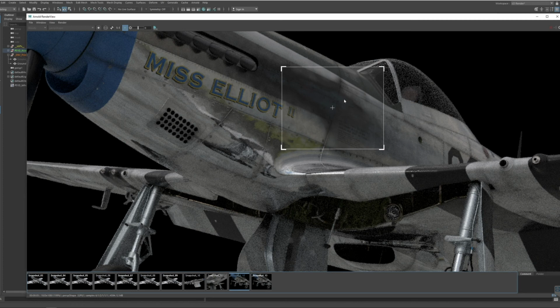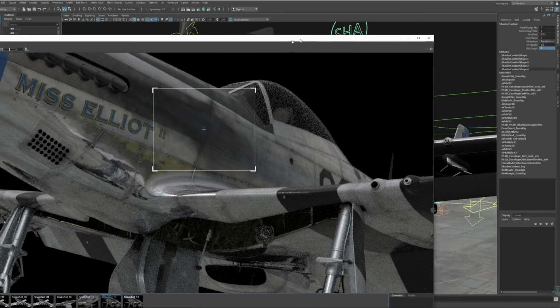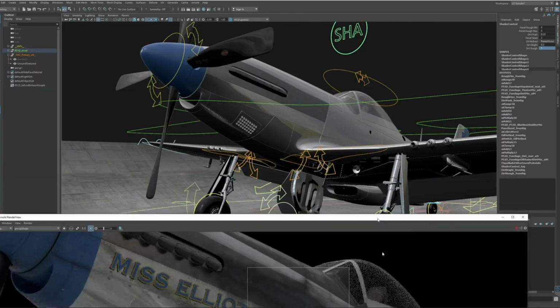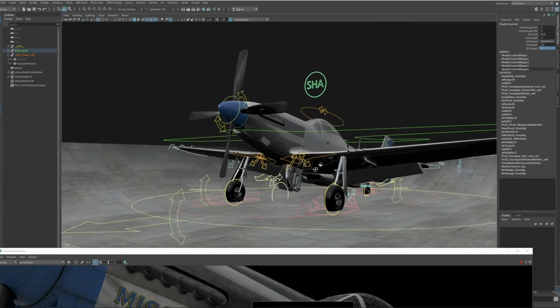So this dirt material now has basically no specular at all, because a roughness value of 1 didn't have any specular. It now has no roughness, so it's pretty shiny, so you can see some highlights here. And if I put that to 1 again, it's pretty much a completely diffused material. And that's kind of like the thing that I can control now. So if I move back out here,